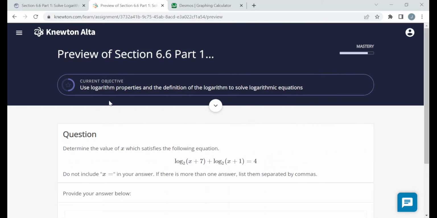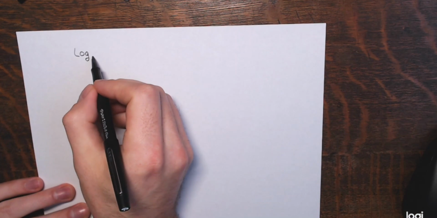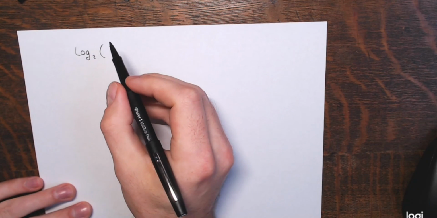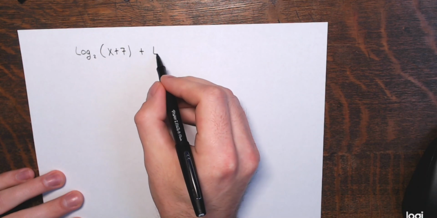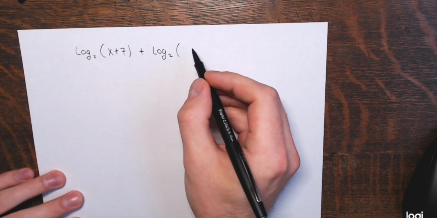Now I've got one more objective to complete. We're using properties of logarithms to condense an expression to a single logarithm, and then changing to exponential form. So once again, I'll write this equation out. We have the log, again, base 2. Please understand that it doesn't have to always be base 2. Of x plus 7 plus the log base 2 of x plus 1